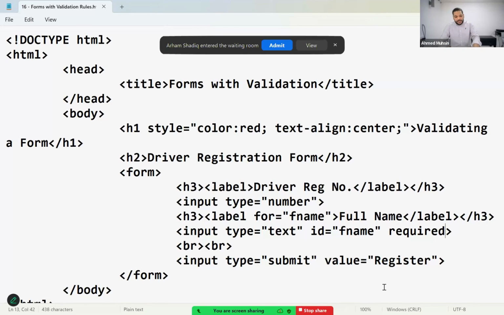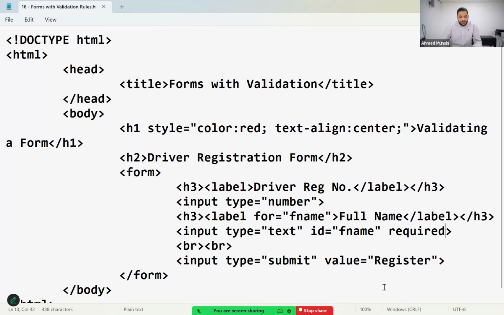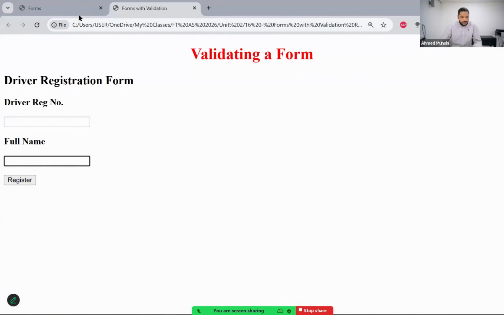Okay. So now I'm going to save it. Can everyone look here? I'm going to save this. Now I'm going to come and refresh. Now I'm keeping full name blank. Full name is blank now. Okay, I click, it's blank. Now when I click on register,